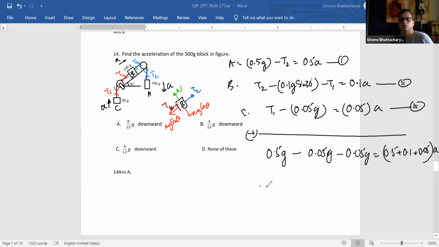So that's it. From this you will get your a as 0.5 minus 0.1, so that is 0.4, divided by 0.65, g. Okay, so 4g by 65, so that is